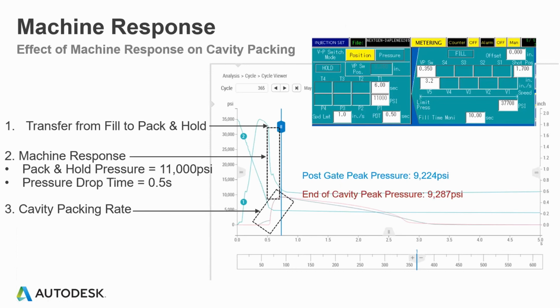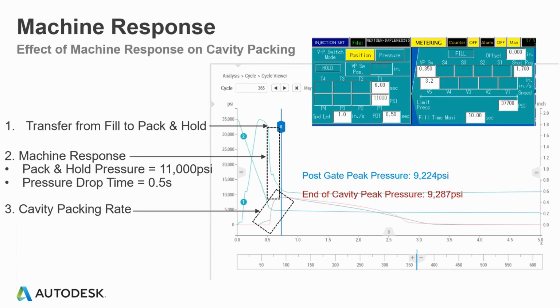So you can start to see there can very easily be some miscommunication between either taking the Moldflow results to the Moldfloor or taking the Moldfloor process settings back to Moldflow in order to see why maybe there's a disconnect in predictions. Something as simple as this machine response can create those sorts of things. And I see a lot of molders, and a lot of these features on machines are frequently not very well understood,